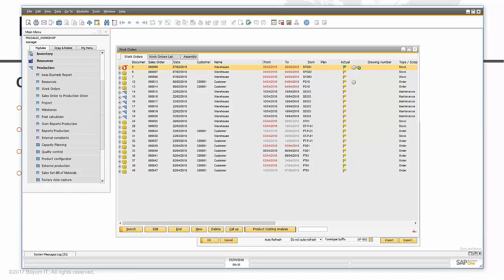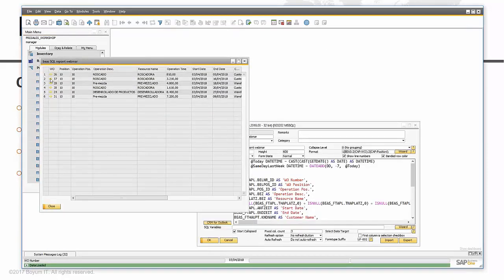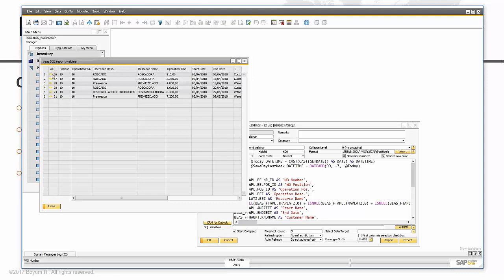here's my work. Keep opening, sorry, the work orders, the Beas example report, and now as you can see, there's a link. There is this golden arrow that we normally add in Business One. Because we have this option available, we can create the golden arrows all over Business One using the B1 usability package, of course, and we have this feature included in this universal function. So if I click it,